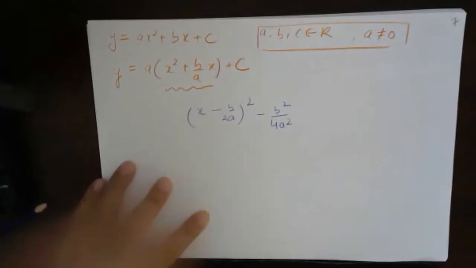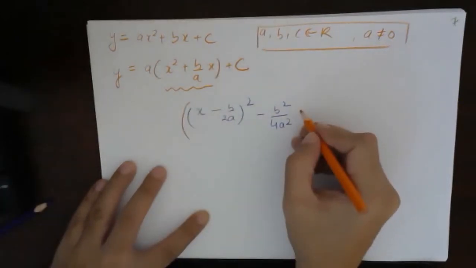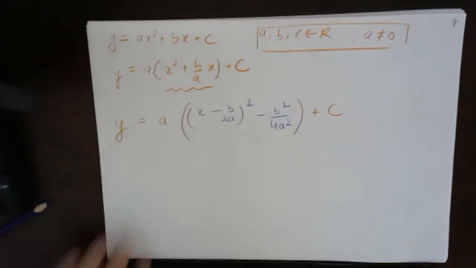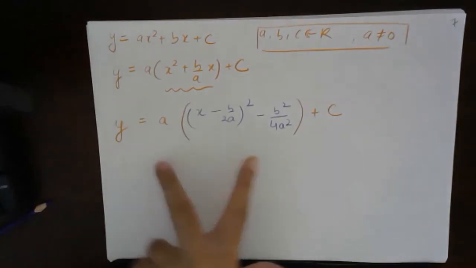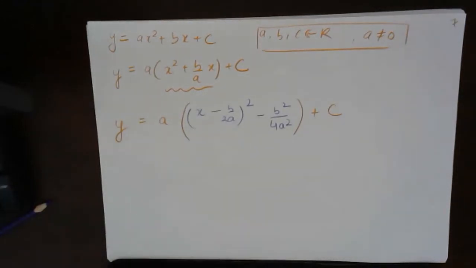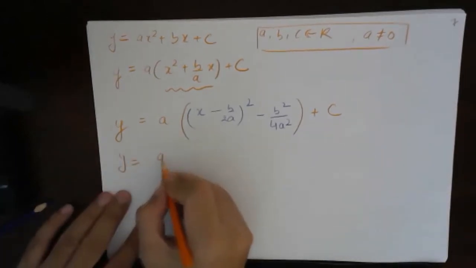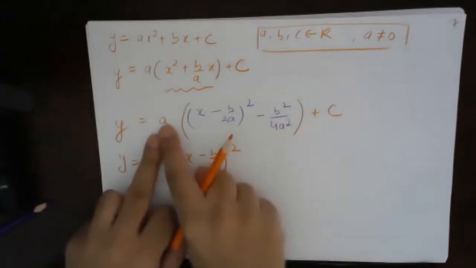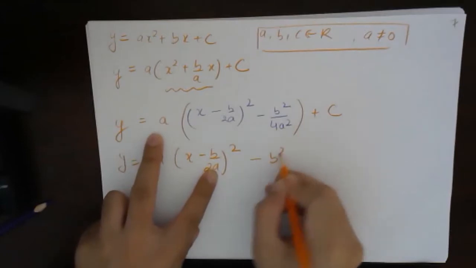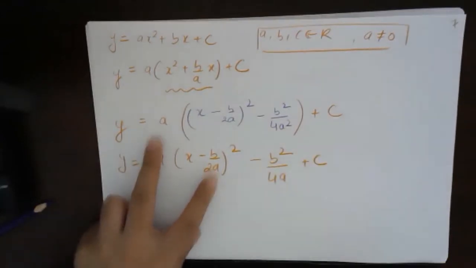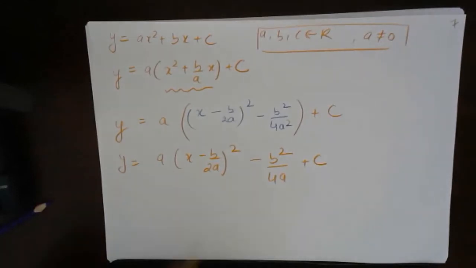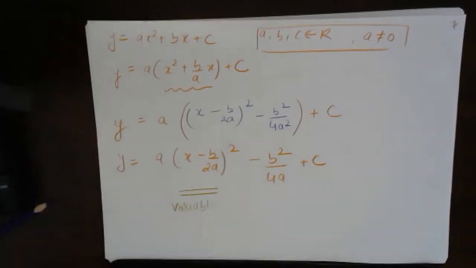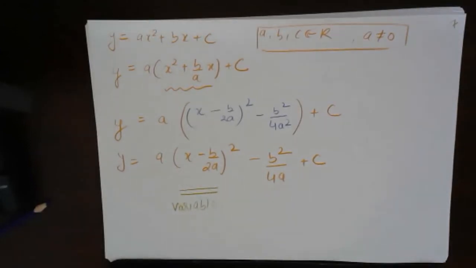Okay, fine. I will tell you what we'll do with the formula. This was what we were getting. If you derived it yesterday, which was homework, you must have got till here. So this will become y is equal to a into x minus b by 2a whole square, and when a gets multiplied, this becomes minus b square by 4a plus c. Now see, the only variable part is this one, and this is the constant part.